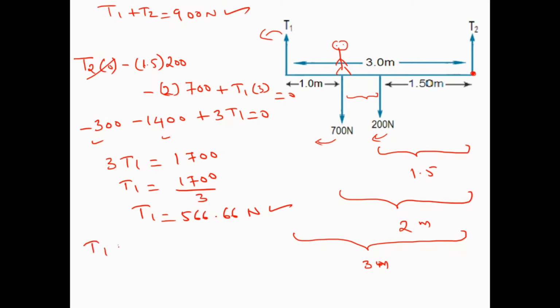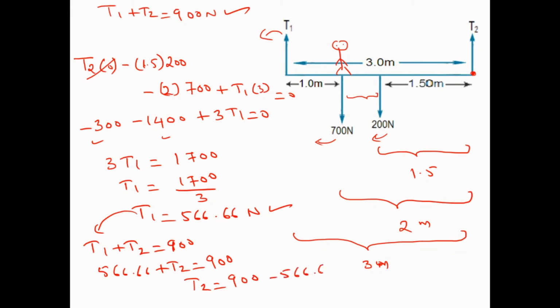T1 plus T2 is equal to 900. Once you substitute this T1 value here, you will get 566.66 Newton plus T2 equal to 900. Therefore, T2 is equal to 900 minus 566.66, which gave the value of